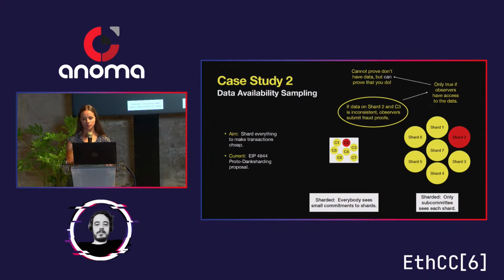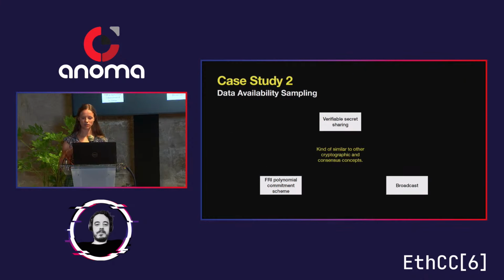The trouble is the observers can only say that there's a problem if they actually have access to the data. And proving that you don't know something is not just practically, but also theoretically impossible. You cannot prove a lack of knowledge because you don't know what you're not proving. But you can prove that you do know stuff. And this, it turns out, is sufficient for us to say, look, we're going to prove that people do have the data available in order to do the checks that they need to do.